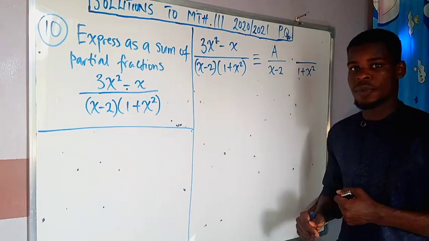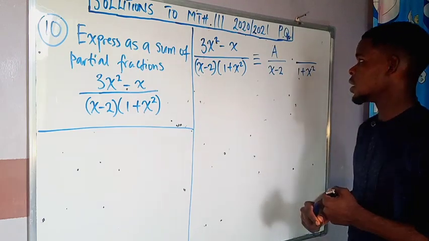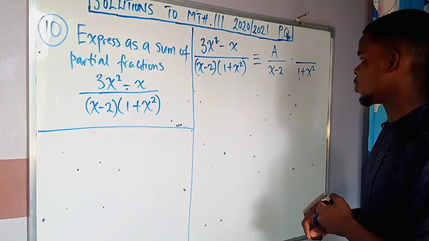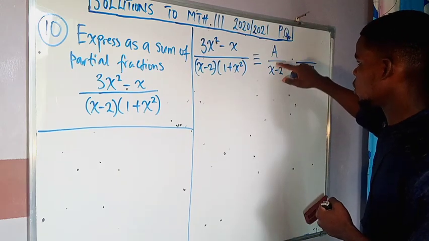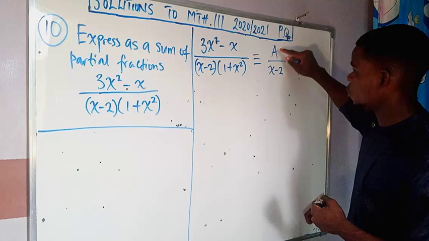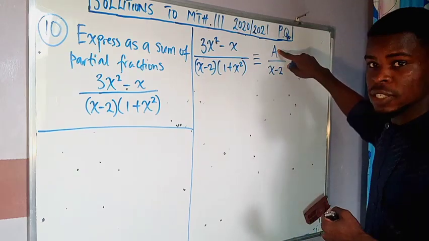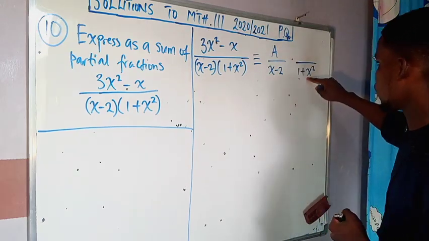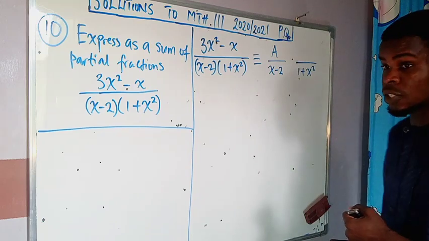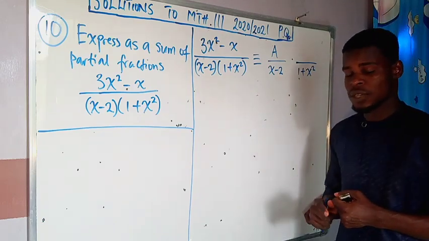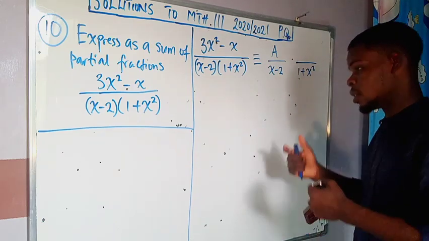The reason is the numerator should be 1 degree less than the degree of the bottom, right? So if the degree of the bottom is 1, the degree of the top should be 0. And if you have a 0 degree, that means that's going to be a constant term, right? Now look at the degree of the bottom. The degree of the bottom is 2. In fact, the degree of the top must be 1, which tells us that the numerator must be, of course,